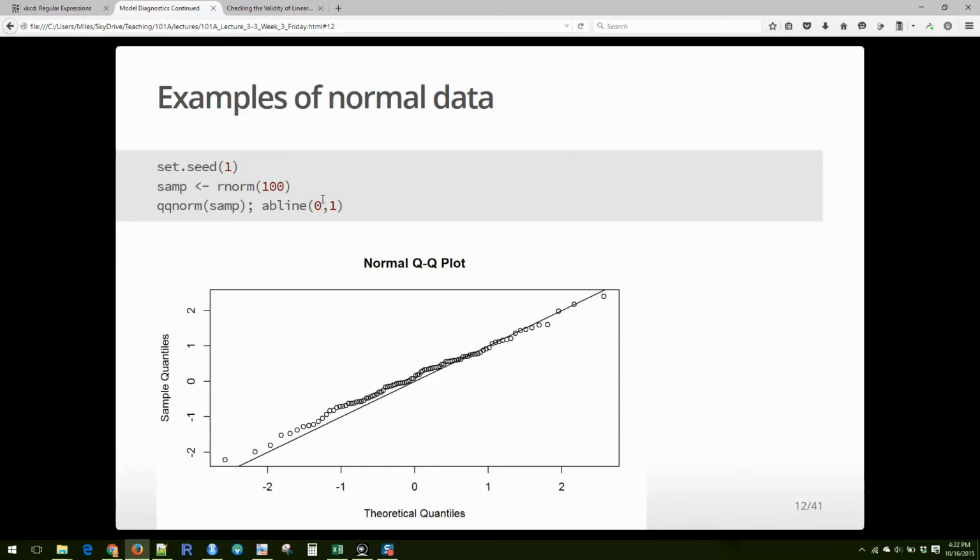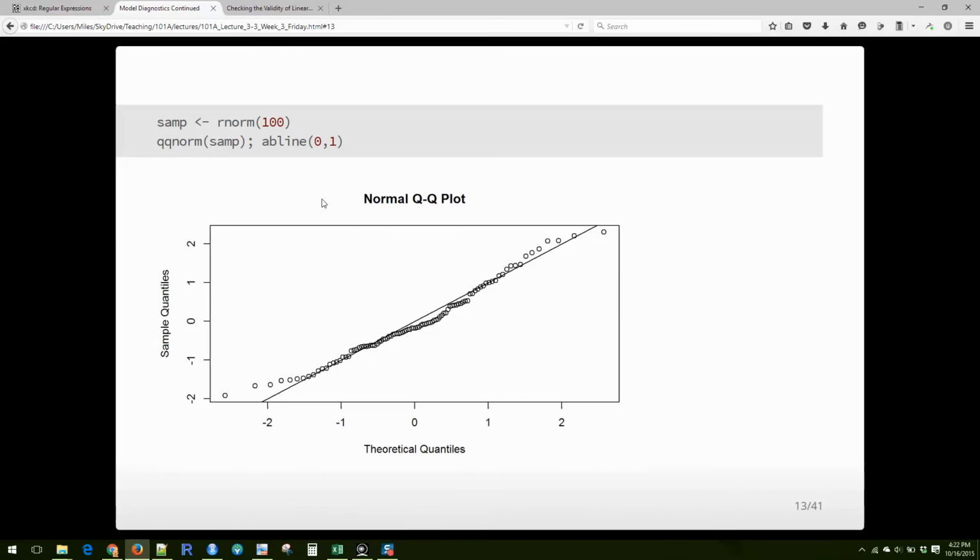but these are all coming from a normal distribution. I think one thing that will help you get better at spotting normal and not normal QQ plots is looking at a whole bunch, looking at what is normal and what isn't normal, and then you can get a better feeling of what these should be. So these are all normal data. Does it fit the straight line perfectly? Not perfectly, but